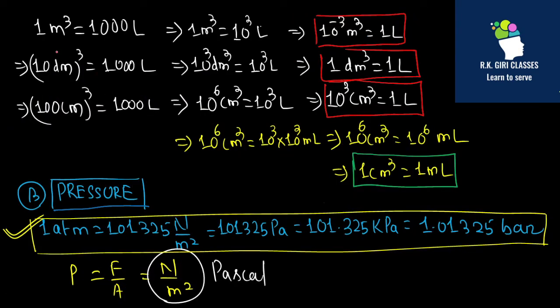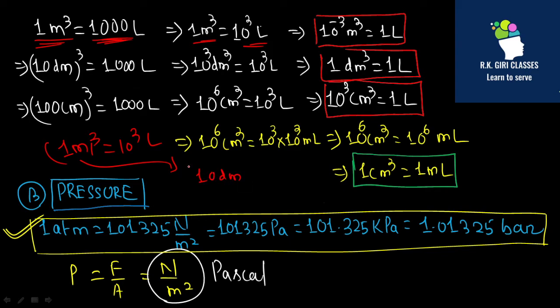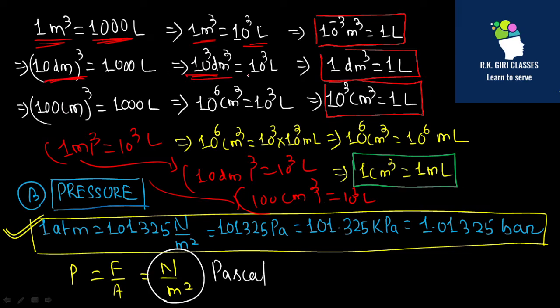So coming to the point, 1 meter cube is equal to 10 to the power 3 liter. 1 meter whole cube is equal to 10 to the power 3 liter. That means you can convert like this: 10 decimeter whole cube is equal to 10 to the power 3 liter. That means 100 centimeter whole cube is also equal to 10 to the power 3 liter. So you come here and you find 10 to the power 3 dm cube is equal to 10 to the 3 liter, 10 to the 6 centimeter cube is equal to 10 to the 3 liter,